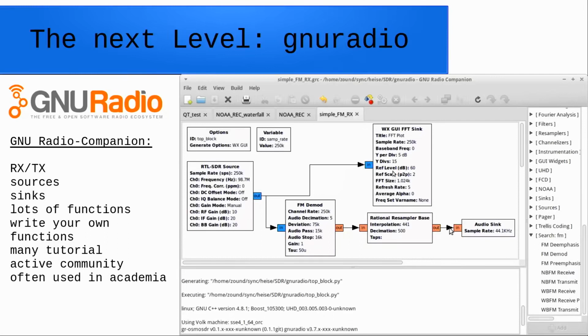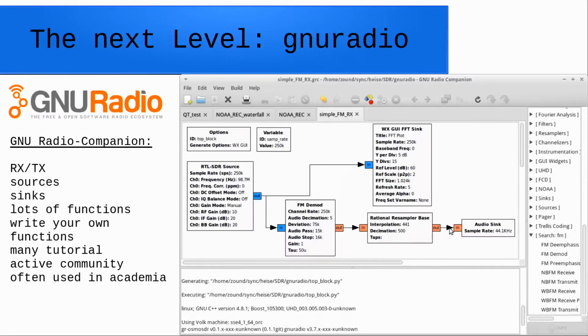You have a spectrum here, the FFT sink, different resamplers, and then you have different things here. You can connect it to your sound card with the audio sink, and in this case, listen to FM radio. You can also define a sink to connect your HackRF